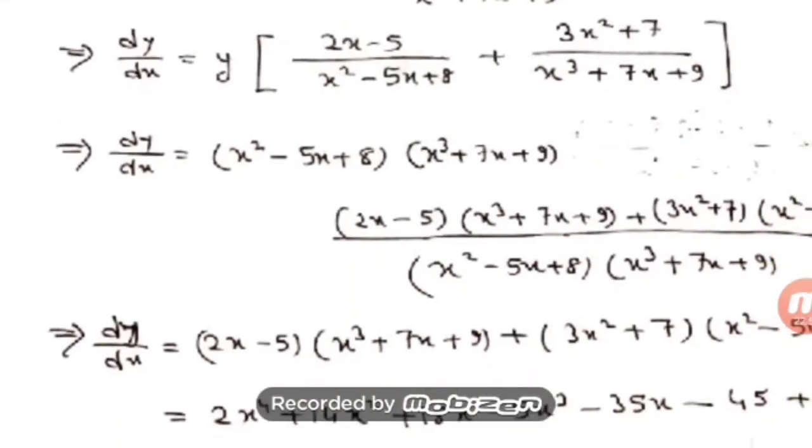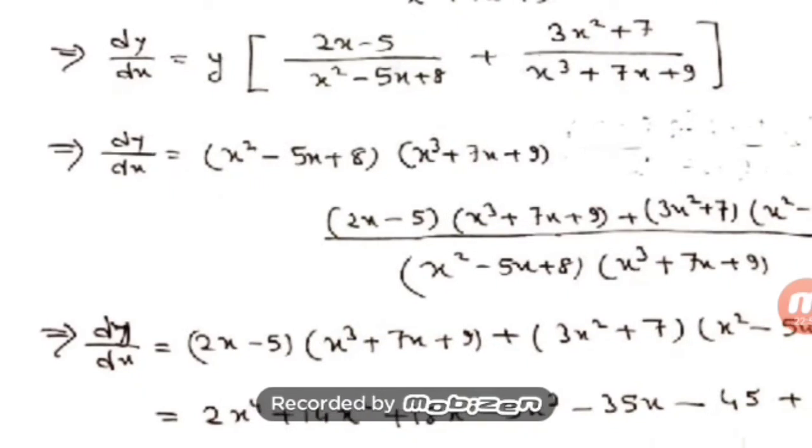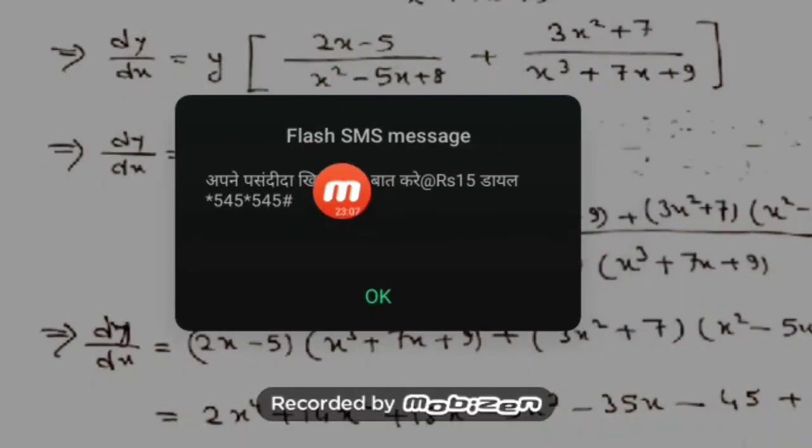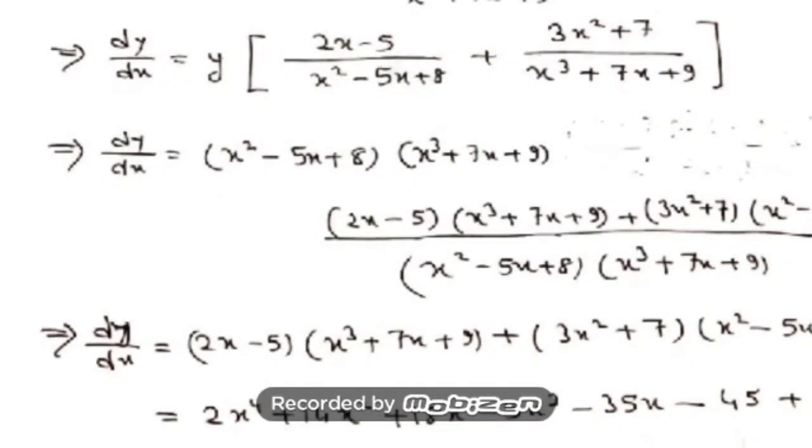Now as I have to compare with the previous result, I cannot stop here. I have to do the simplification steps. So here what I am doing, y will be substituted, taking LCM on both. This is a product. This one you have to multiply by this expression and this one you have to multiply by this expression. Then the denominator will be, here you see this denominator and the numerator are similar expressions, so